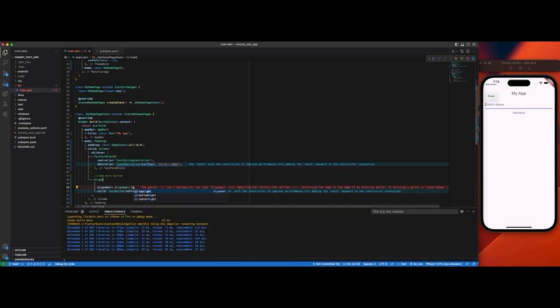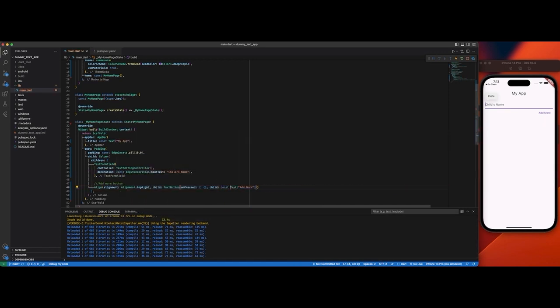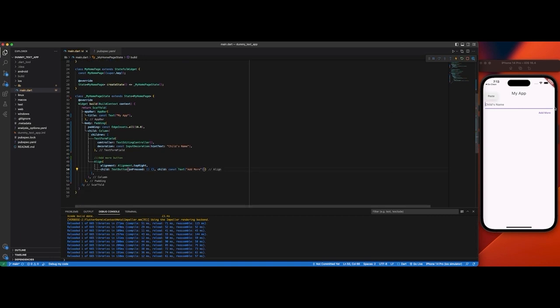Right, top right. Yeah, this works. So whenever we click on this add more, it's going to add more text form fields for us to add more names and all that. And also those names will be validated. Okay, so moving on now, since I said I wanted to use setState, what I'm going to do now